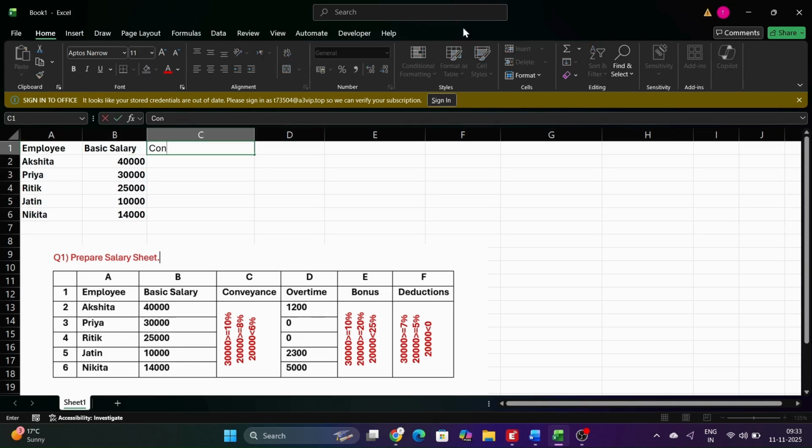Now let's start with the conveyance allowance calculation. According to the question, if the salary is 30,000 rupees or more, conveyance is 10%. If it's 20,000 rupees or more, conveyance is 8%. And if it's below 20,000 rupees, conveyance is 6%. So, the formula we'll use